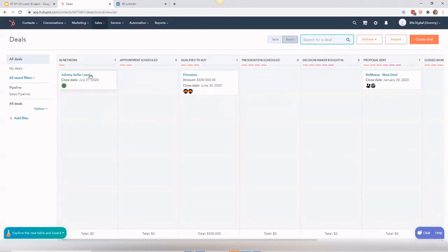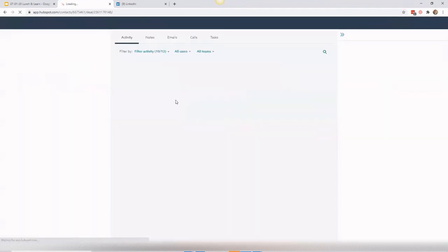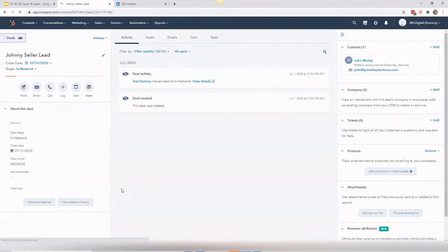But the idea is you want to have these people wind up in a sales pipeline, and then you want to be able to have clear visibility on who the prospect is. So if you have a deal like this, you can take notes, you can see all the deal activity, you can see the information about the deal, and then most importantly, you can see the contacts and the companies associated